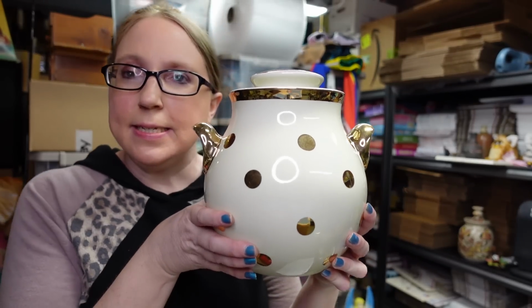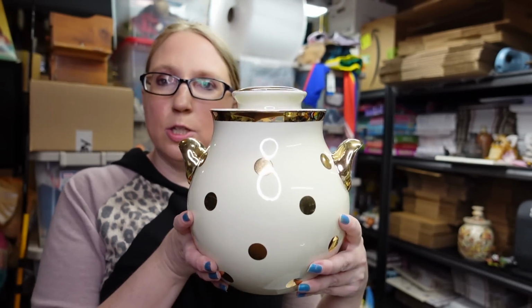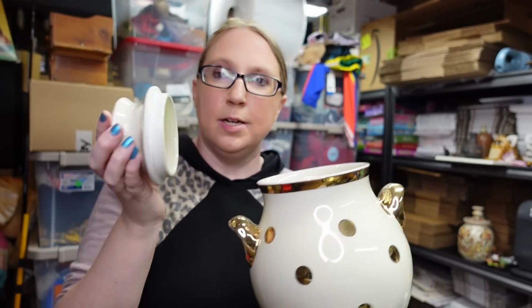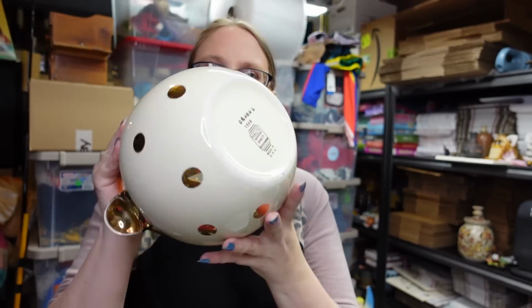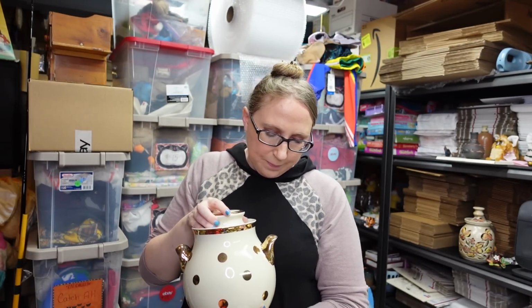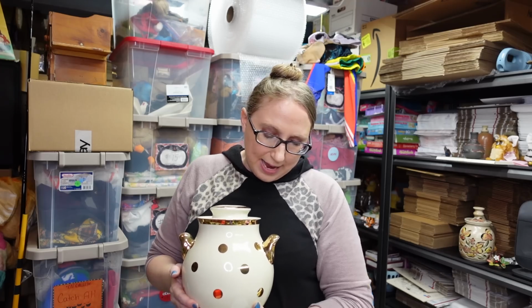$28.99. So this next piece probably came from the same auction when I purchased the Hall pitcher. This one is a Hall cookie jar, and it is a cream color with gold accents, gold polka dots. So really nice jar. Here, I'll show you the bottom so you can see what it looks like there. So this one, like I said, won at an auction. I'd say 20 or less for it, and I listed this as a buy it now for